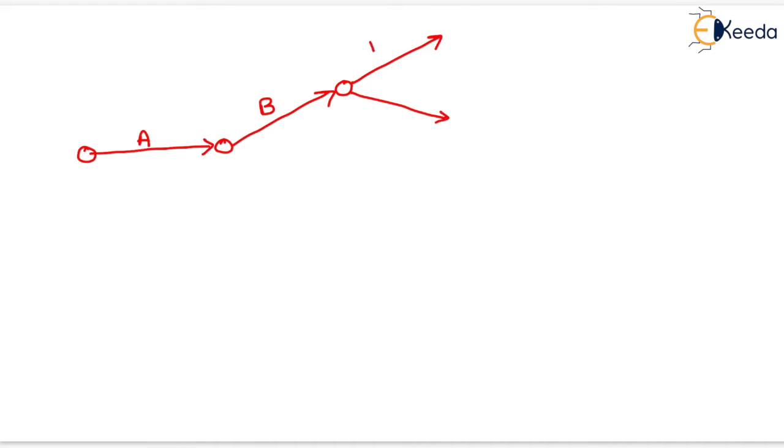Now A is the first activity, that is the initial activity. So we will draw the initial activity like this, that is activity A. Now for activity B, the preceding activity will be A and succeeding activity will be D and E. So we will draw here activity B whose preceding activity is A and succeeding activity will be D and E, just like this.